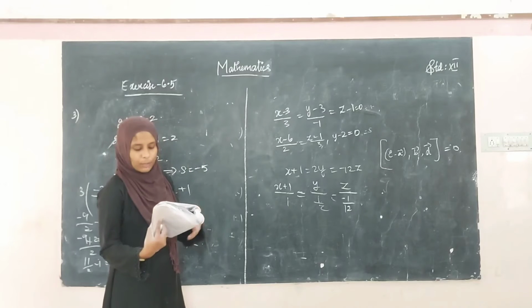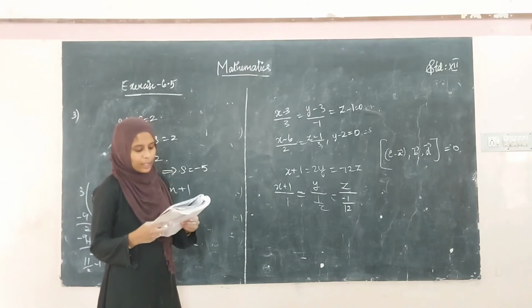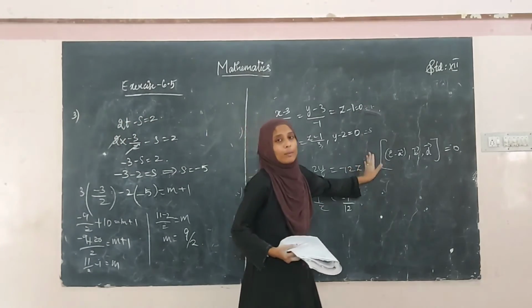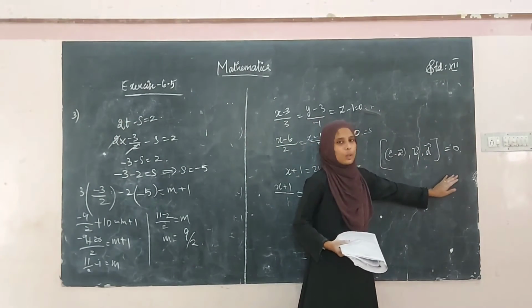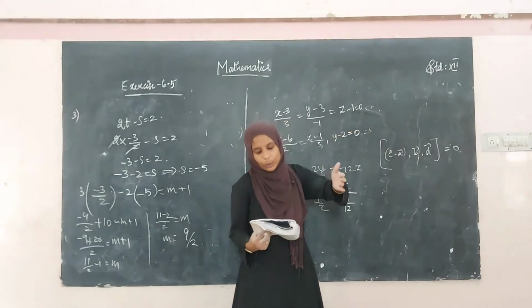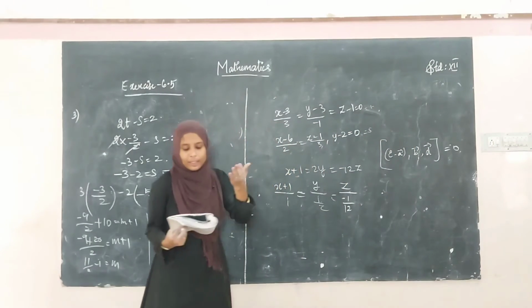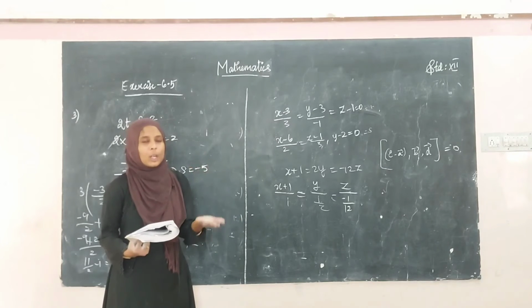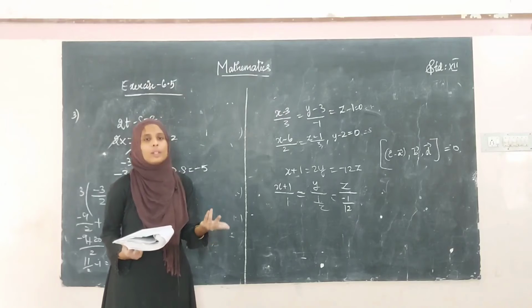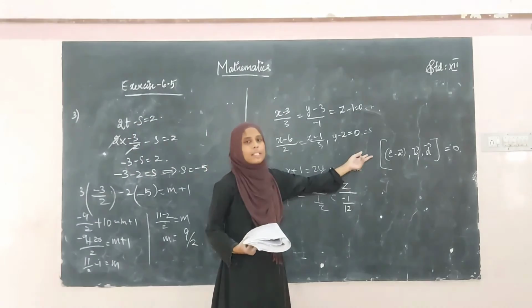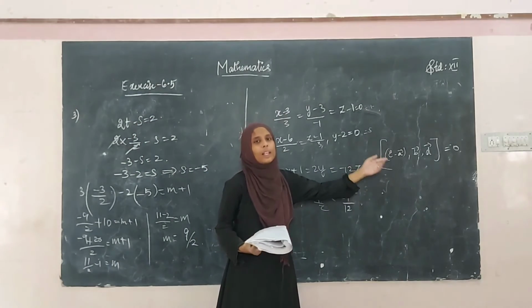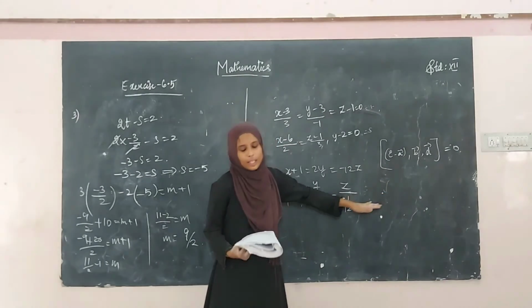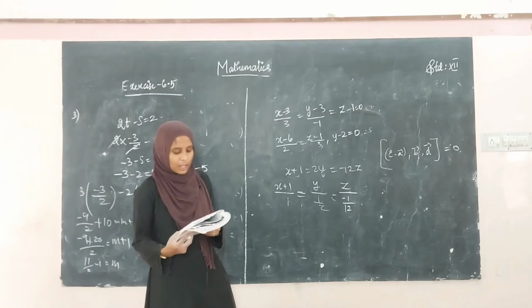Again you have to check whether it is a skew line. They have given that, show that they are skew lines. Skew line means you have to compute this and show that it is not equal to 0. Okay, then you can tell that it is a skew line, and hence they have asked us to find the shortest distance. Okay, how will you find the shortest distance of skew lines? Delta is equal to the box product of C vector minus A vector comma B vector comma D vector divided by modulus of B vector cross D vector. Okay, then you can find that. So the fifth sum is also an assignment for you.